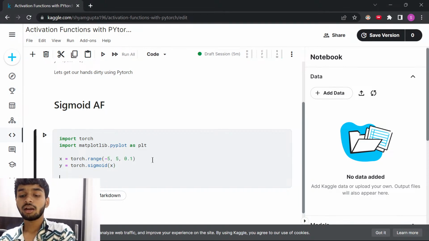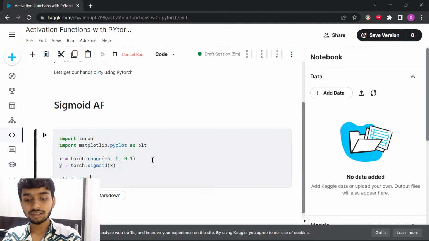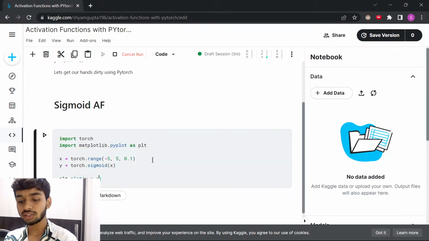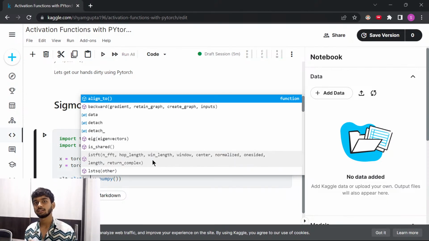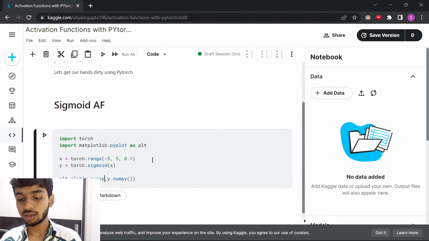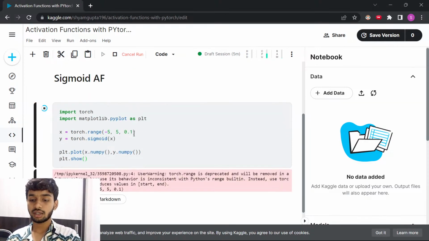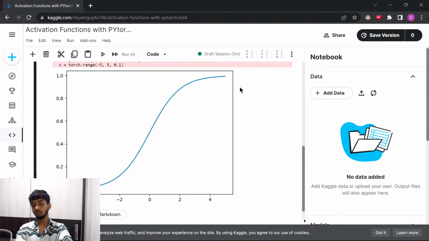Okay, and all we have to do is say plt.plot(x, y). But since this is a tensor, you have to call numpy, because with matplotlib you cannot plot a tensor. You have to convert it to a numpy array, right? So you do that, and you just say plt.show, the standard stuff, and you get a beautiful looking graph. So this is your sigmoid activation function,